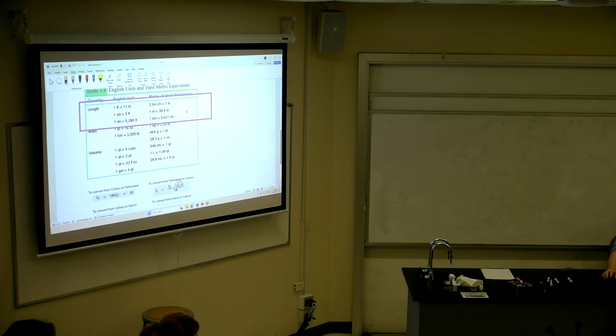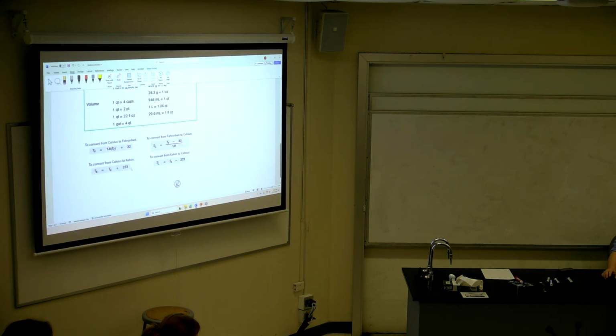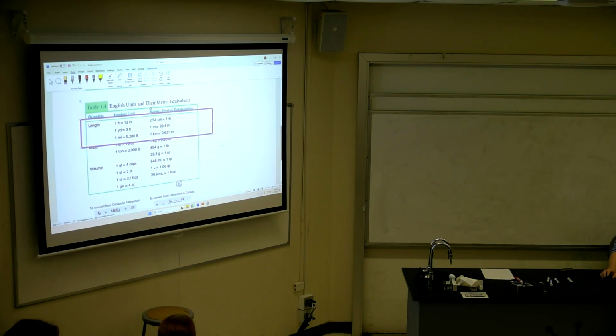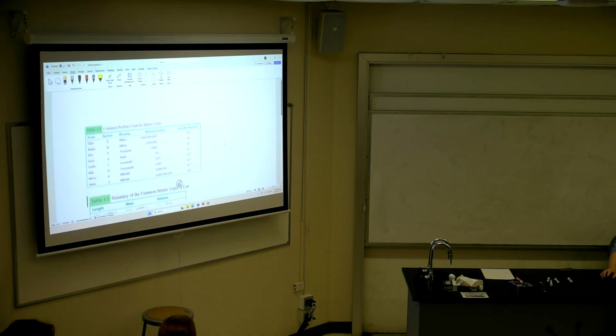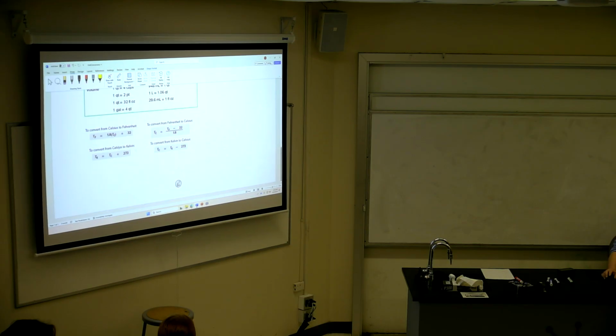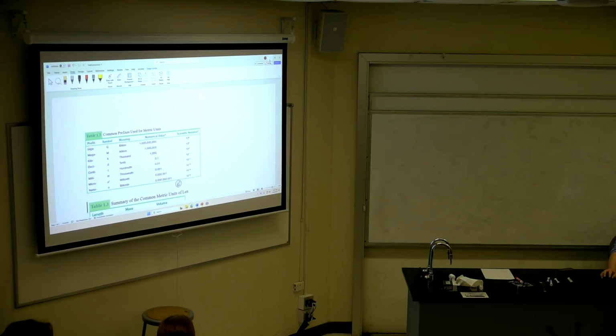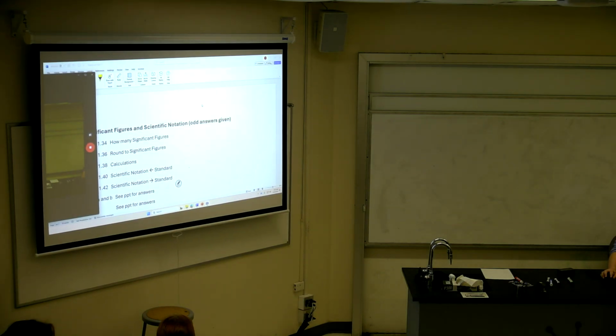These are the English to metric ones. Just got this little box in there to highlight. And we'll get to temperature conversions. I'll give you that on the test as well. So it's just a matter of looking at this and picking out the right formula for a temperature conversion. Maybe we'll get to those today, but